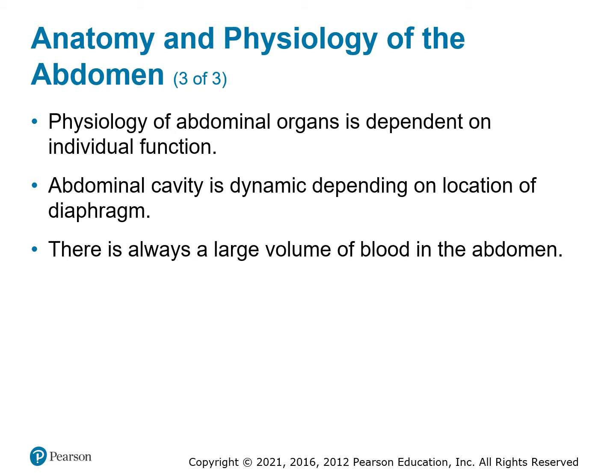Similar to the chest as well, there's a large amount of blood in the abdomen between the descending aorta and the returning major vessels, as well as all the arteries that feed your organs and feed down into your hips and pelvis. There's a large blood volume in there. Again, if you were to rupture any of those major vessels, blood loss is going to be very rapid. It can be a very poor outcome for the patient, so your